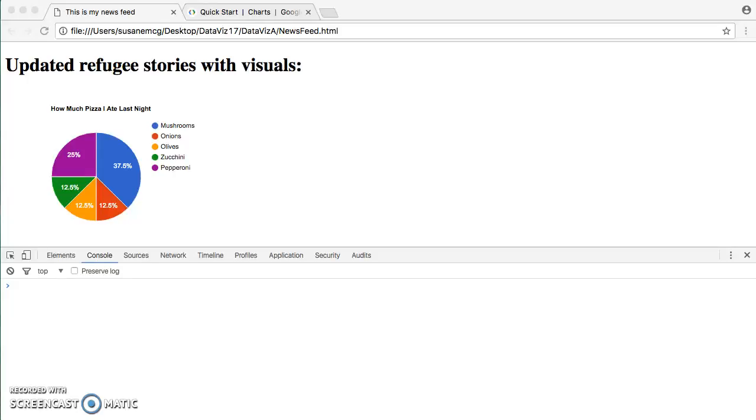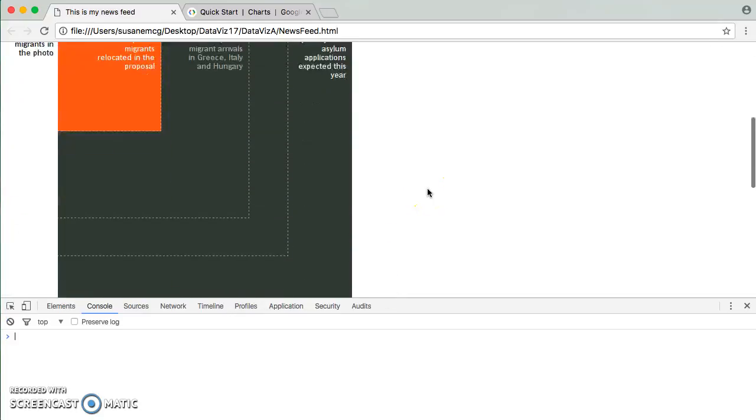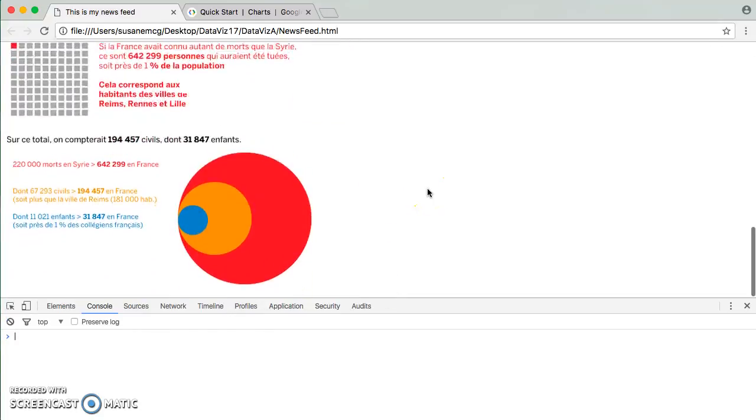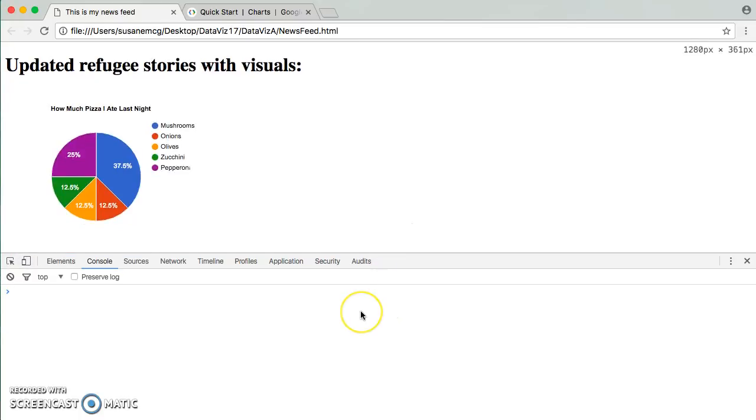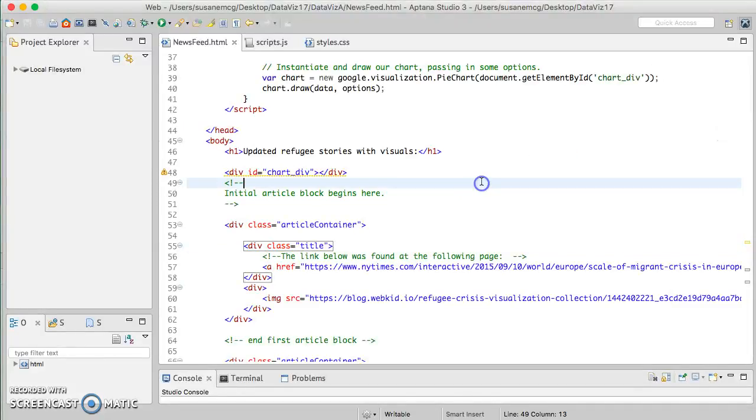Okay, everyone, so we've now gotten to the point where we actually have a visualization on our page, and I just want to emphasize that I haven't lost all the rest of my content here, right? It's still there, but it's just been pushed down by this chart. So now what I want to do is talk through how the code that we're using from Google works, and of course, more importantly, how we can customize it with our own data and colors and styles and all of that sort of thing. So I'm going to flip back here